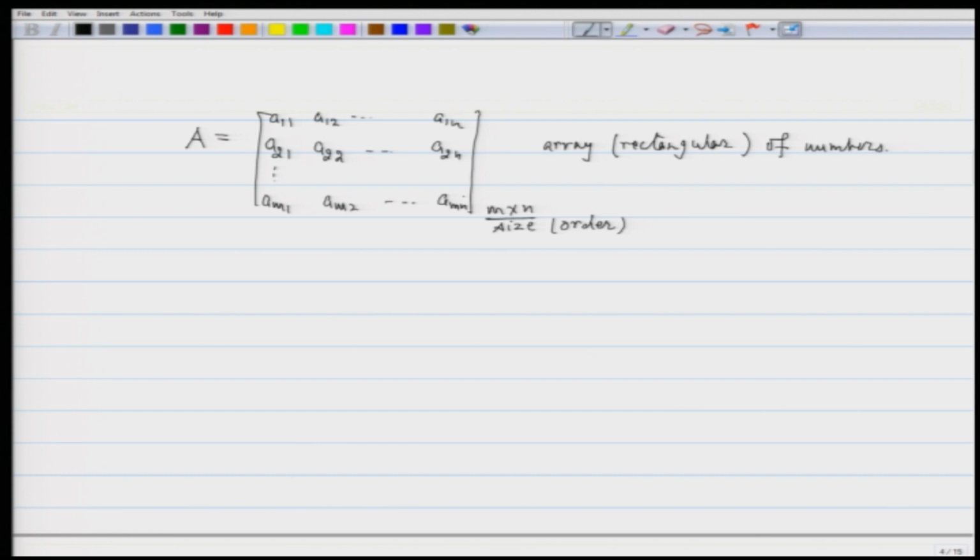So, the entries of this matrix, we generally write A as Aij. Sometimes we write like this, sometimes we will write it as Aij. So, depending on the situation, these brackets can change, but the idea is that Aij here or here means that I am looking at an entry which is at the intersection of